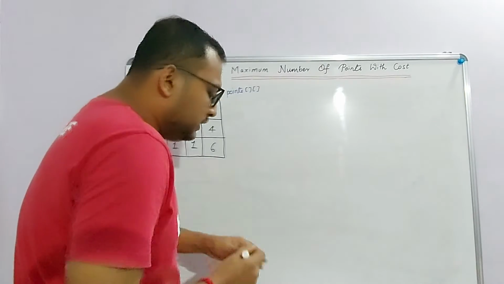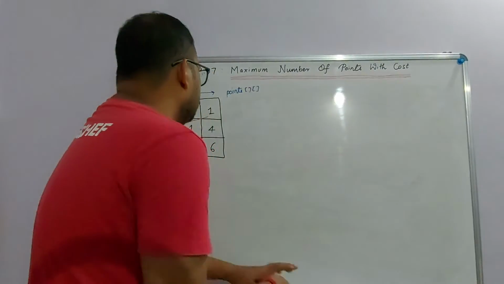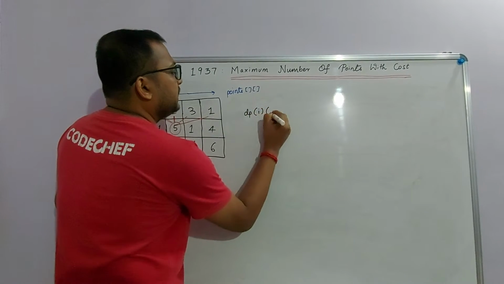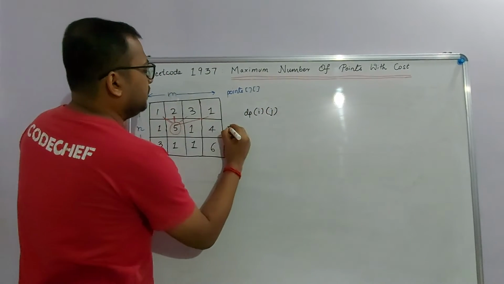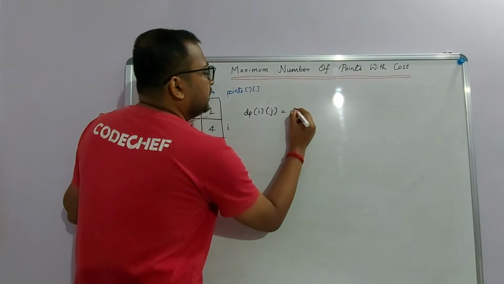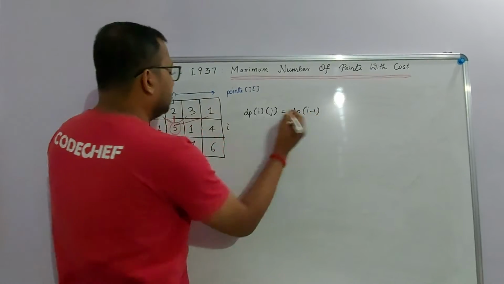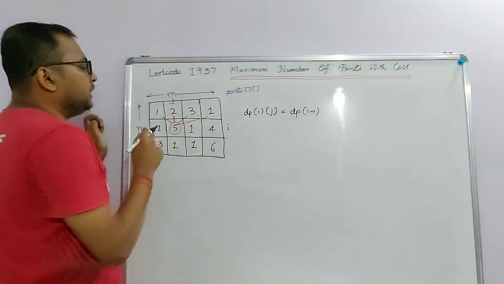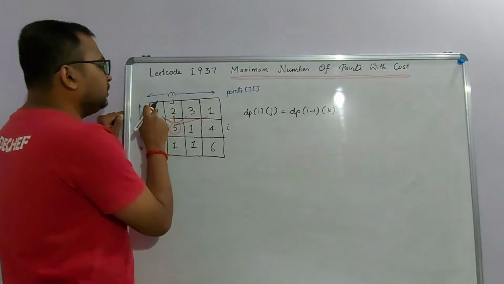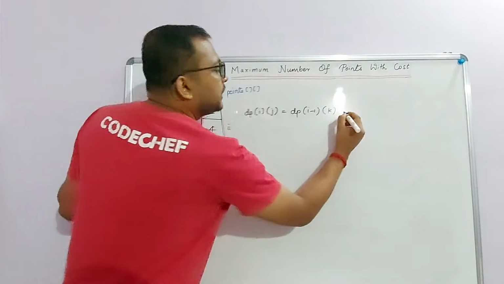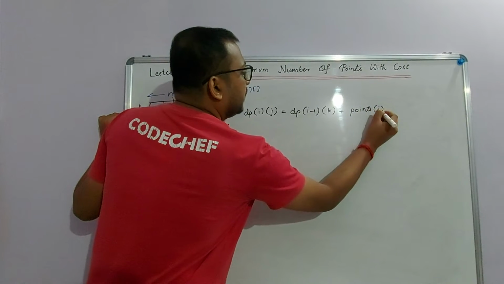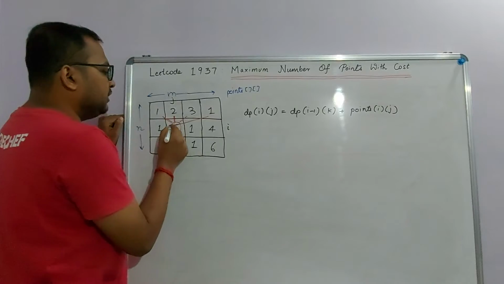So let's quickly write the dp states for this particular solution. What do we have? We have dp of i, j, where i is the row and j is the column. So it is nothing but dp of i minus 1. I go to the previous row, and how many cells do we have? The states are 0 to m minus 1. So let's take it as k, where k lies between 0 and m minus 1 in this particular row. Plus, what is the gain? The gain is nothing but the points that I have. So this particular value is my gain.